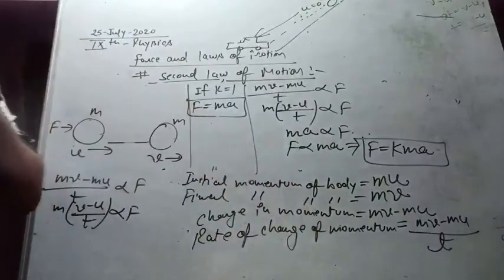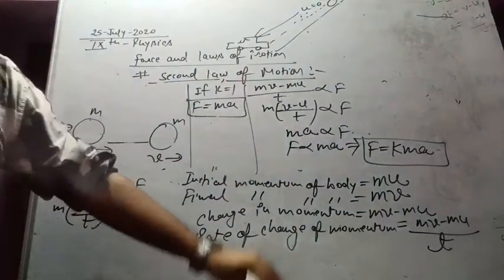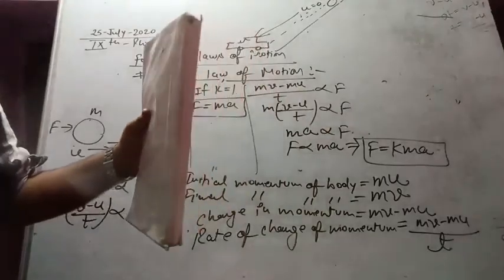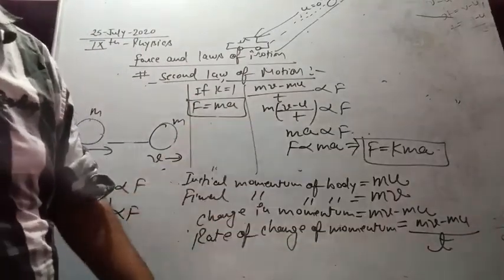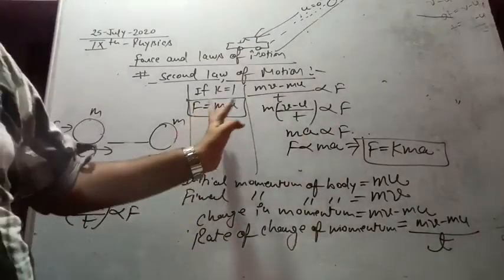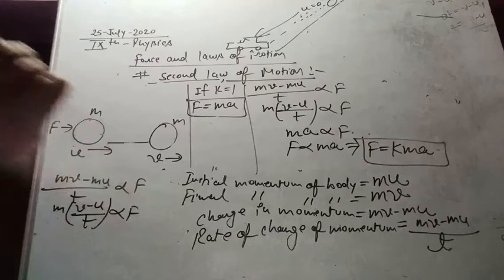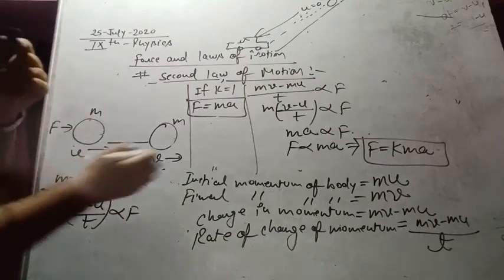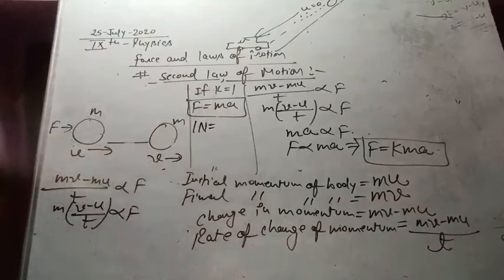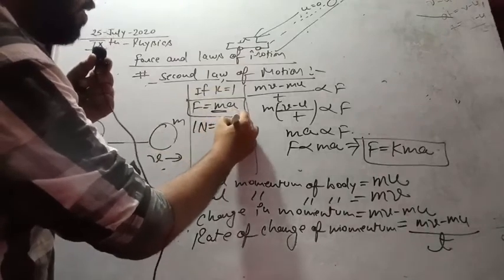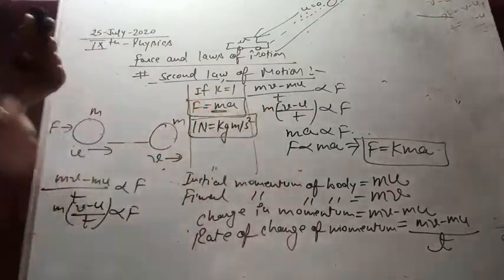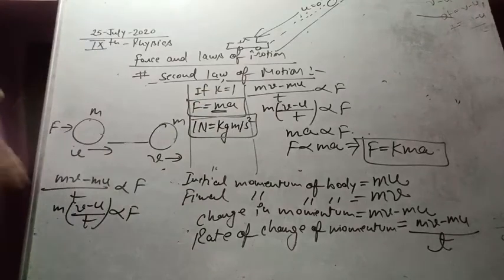So the force which we are applying on a body depends on the mass as well as the acceleration attained by it. For example, I have this mass and I am applying a force to it. How to calculate this force? How much force have I applied? Suppose we are aware of the mass and the acceleration, so we can easily calculate the force by taking the product of both. What is the unit of force? The unit of force is Newton. Mass is always in kilogram, acceleration in meter per second square. So we will define 1 Newton as well. I hope you understood this second law of motion.